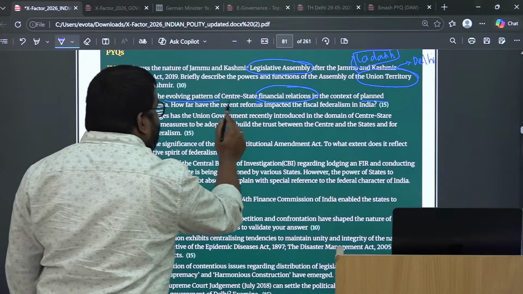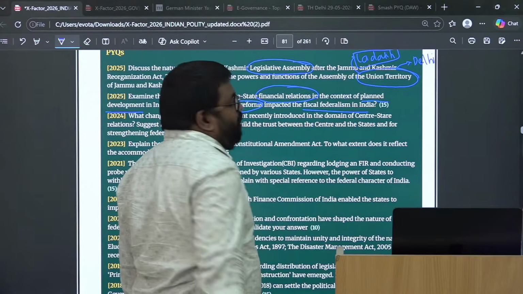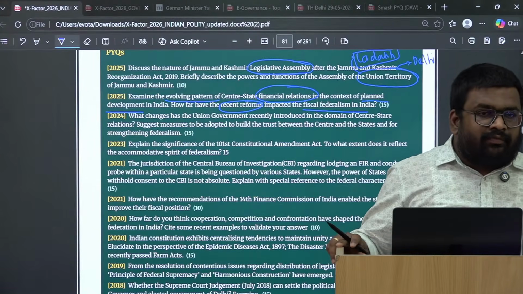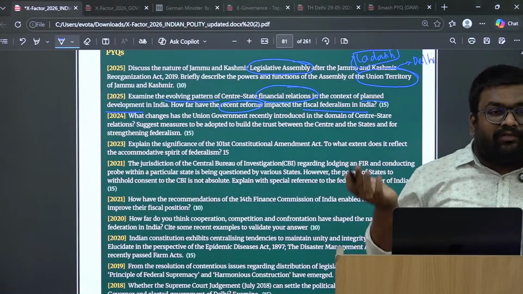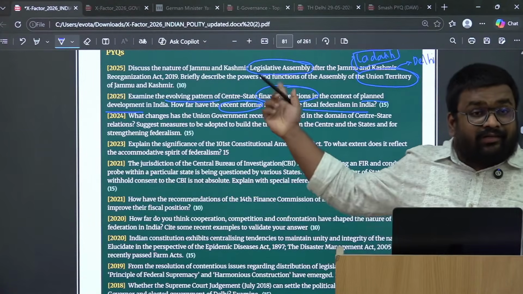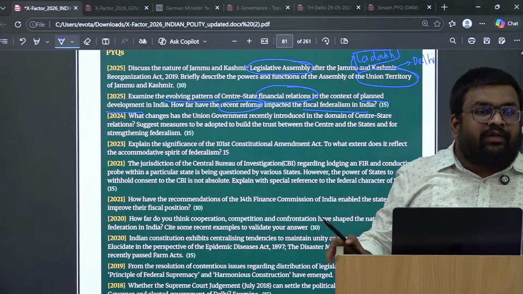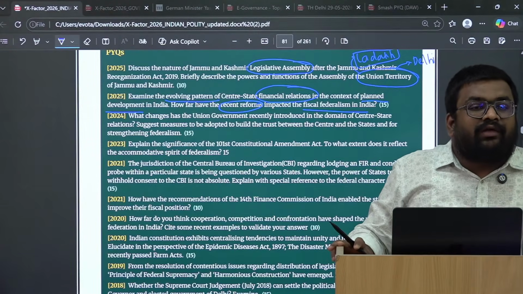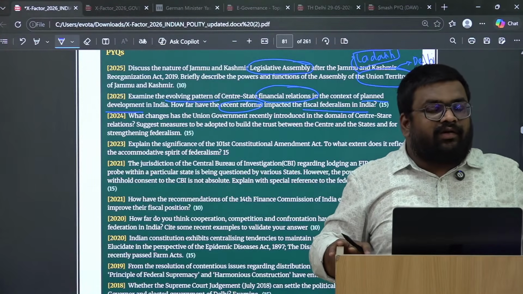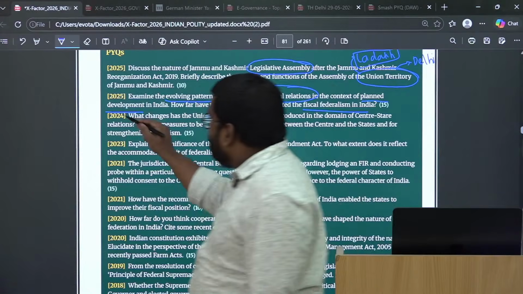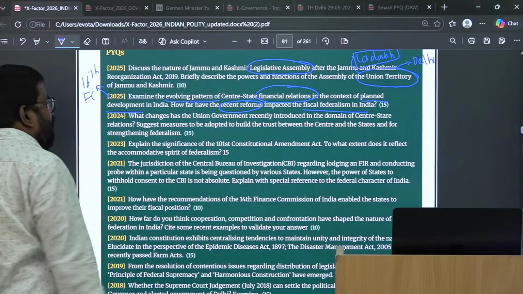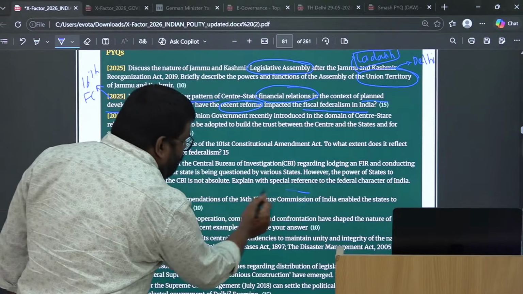How have the recent reforms impacted fiscal federalism? यहां से आपको समझ आया कि question is on fiscal federalism. ठीक है. So recent reforms they have asked, but they have asked in 2025. So within fiscal federalism what changes have been introduced? 16th Finance Commission का recommendation आया है. There was the demand by the state governments from the South basically to demand a greater share from the central revenue. ठीक है. So you can think, okay, so this year I can get the question on the 16th Finance Commission on similar lines. ऑलरेडी उन्होंने 14th Finance Commission पे पूछा है.